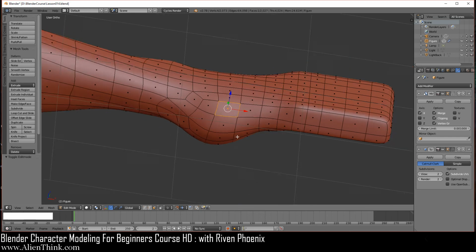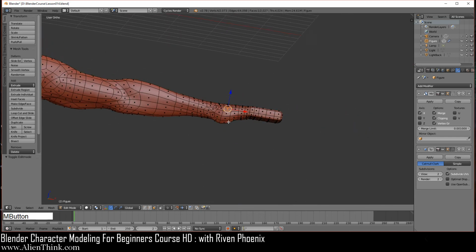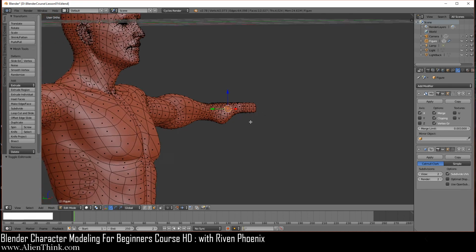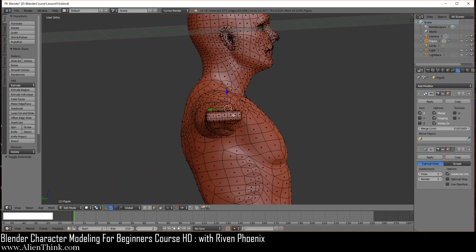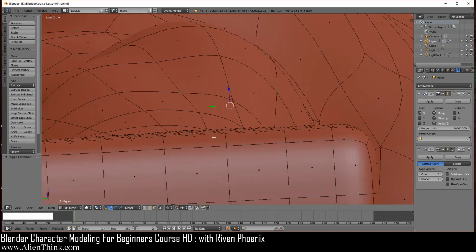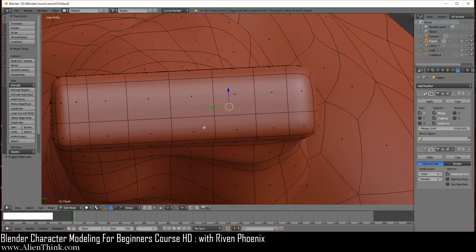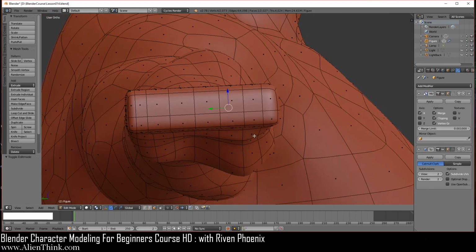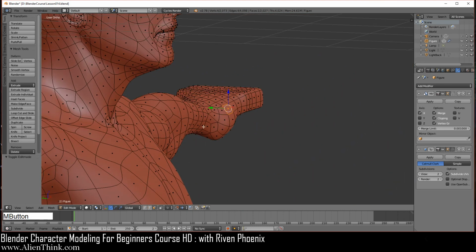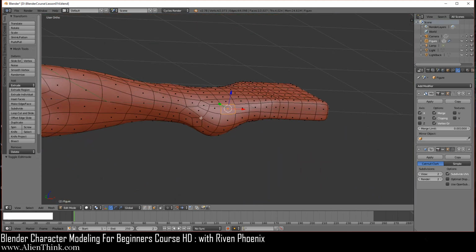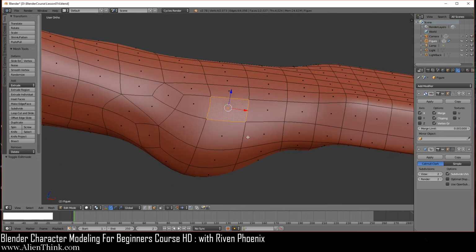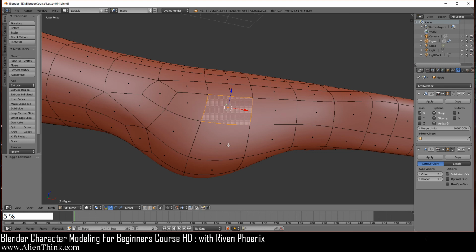Okay, now I want you to zoom out over here. Now go ahead and rotate this so you get the other side of the figure. Now notice that when we are in ortho view, if I zoom in over here, it doesn't matter how much I'm zoomed in, I'm always going to see the full 3D model that I'm working on. Okay, so it's like I cannot go inside the 3D model, and this is only because we are in ortho view. Okay, now I want you to go ahead and just zoom in and now press the 5 key, and this will now switch to perspective.